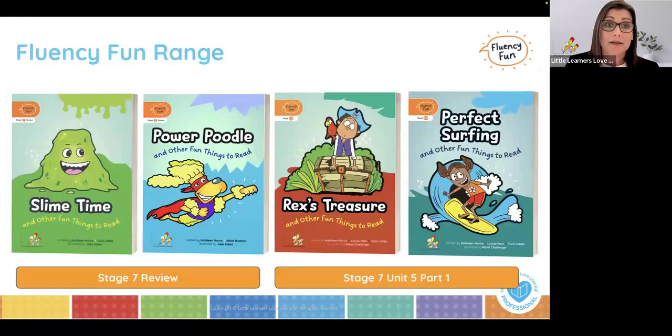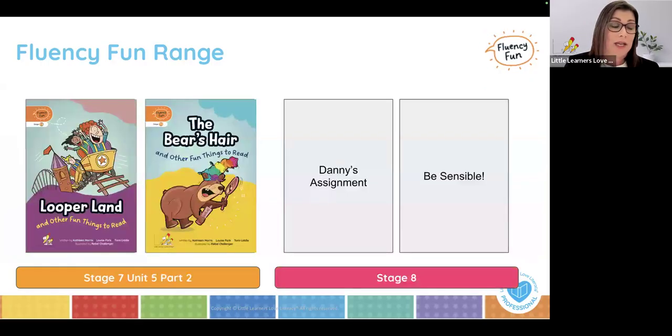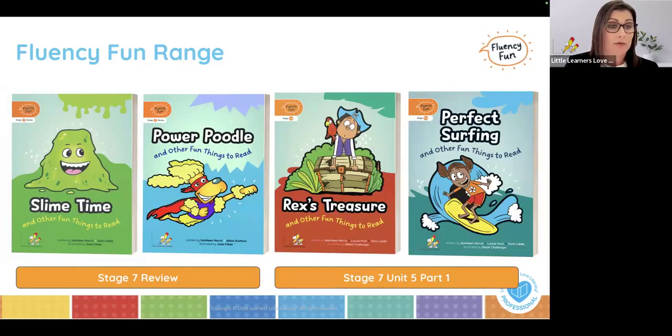So Fluency Fun is a new and integral resource for teaching the Year 2 program. We recommend to use daily in the Apply section of the lesson. Every text is decodable for the stage and it focuses on the morpheme or grapheme taught that day. So you can see that at the moment we have 2 for stage 7 review, Slime Time and Poodle and